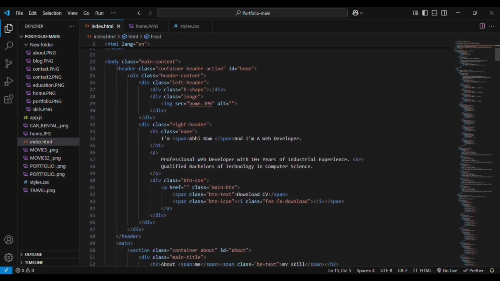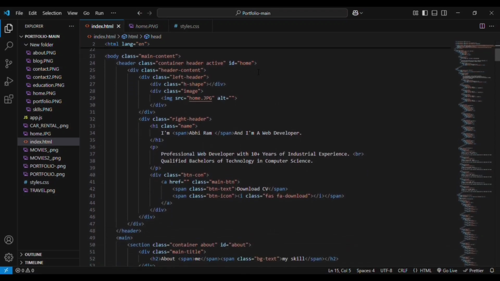The body section. Right now we are in the header section. In the header section, we have the main div, that is header content, and then we have the div of header left, inside which we have the main image using the image tag, that is home image. Then we have another div for right header. In that we have the h1 element, that is the heading element,